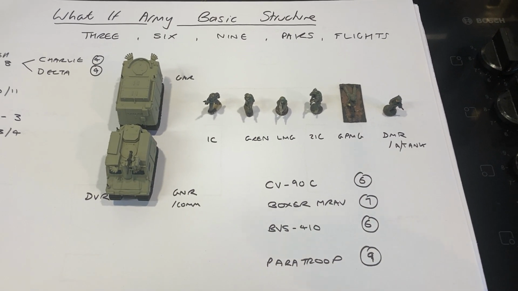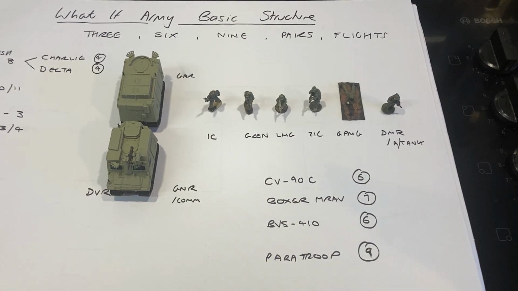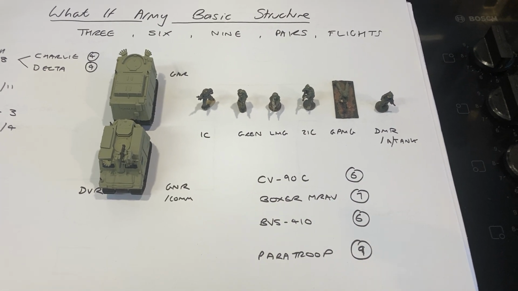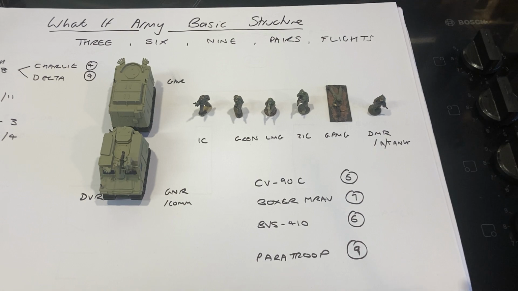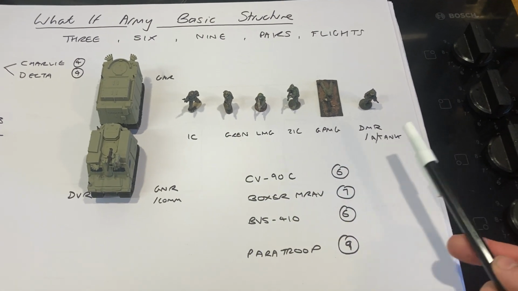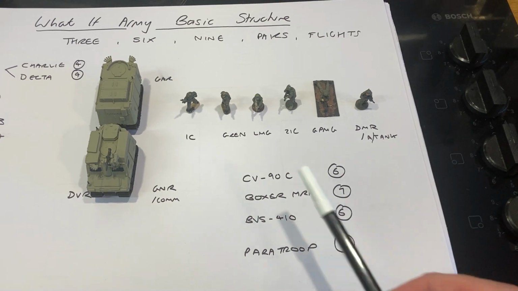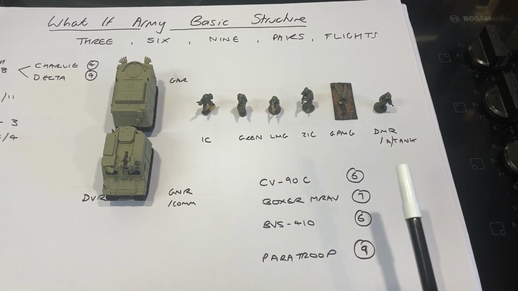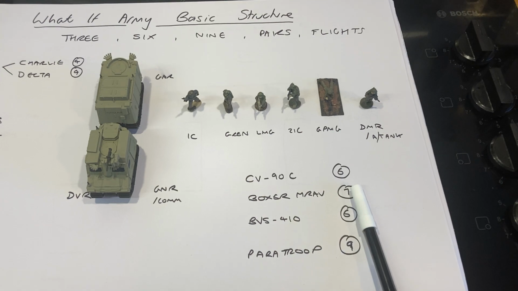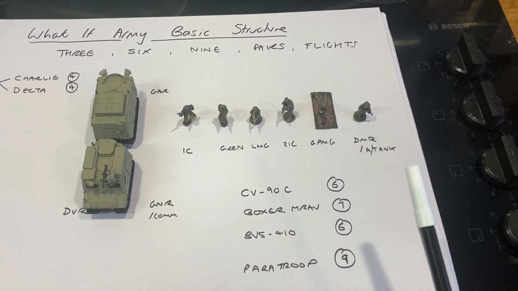So I work in 3, 6 and 9. It's just the way that my force has evolved a little bit differently. Some would say that this is too light. If you get a casualty, I accept that. This is based around the Swedish armoured infantry model, where the CV90C can only carry 6. The Warrior generally is 7,